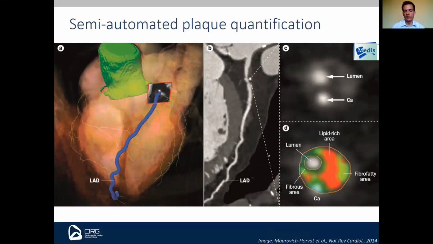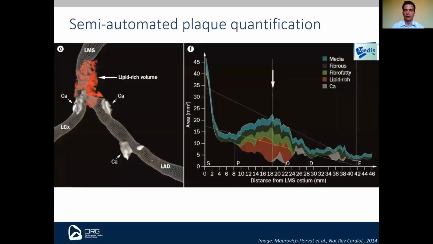And we can analyze this in a quantitative manner, not only the total plaque volume, but also we can grade our voxels based on the HU densities, and then we can classify these into different pathological components, such as fibrous or lipid-rich